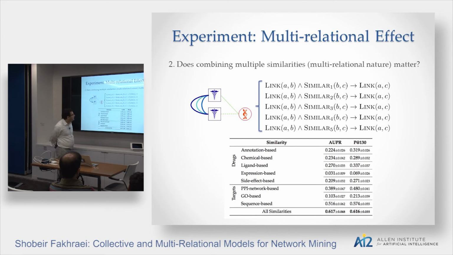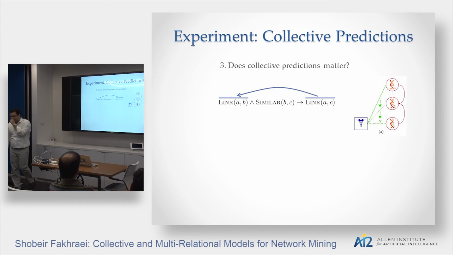So this question was about combining different similarities. For this kind of model, we only used one kind of similarity with priors in there, and we saw that putting all the similarities in will significantly improve the results over using only one type of similarity. So the third question is, does the collective prediction matter or not? And how does collective prediction work here? As I said, we can connect the unknown variables of the links together. What it means is we can infer the value of this middle link based on the